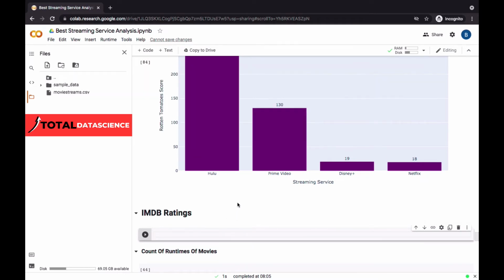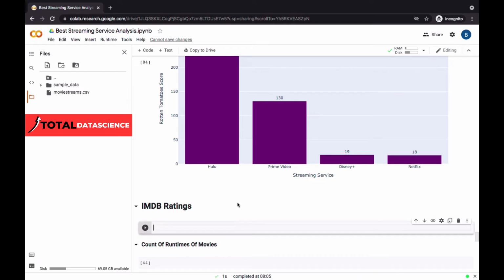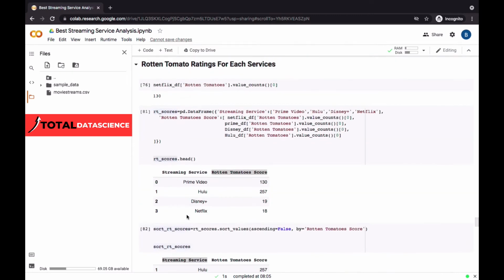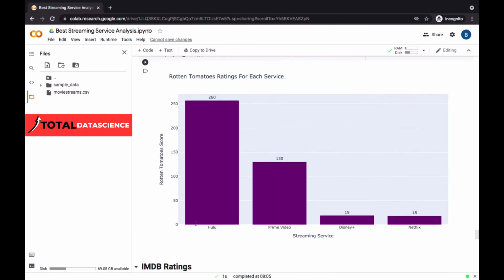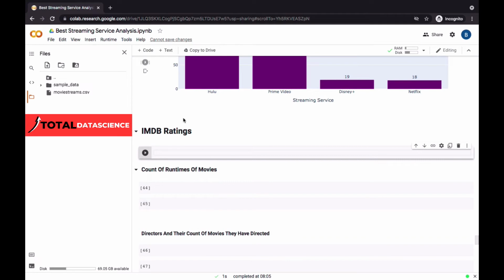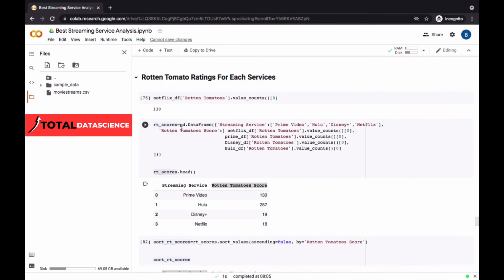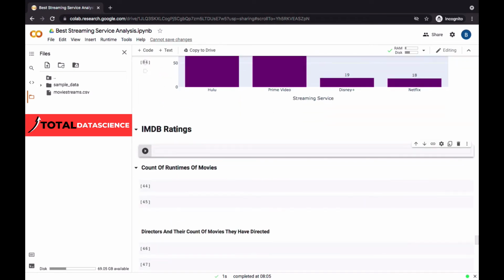Now what we're going to do next is pick the IMDb ratings as well. Remember that what we were doing was Rotten Tomatoes. We have two rating services: the Rotten Tomato rating service, and then the IMDb rating service. So now we are done with the Rotten Tomato rating service, so we're going to take the IMDb rating service and do the same thing. Okay, now for that let me actually